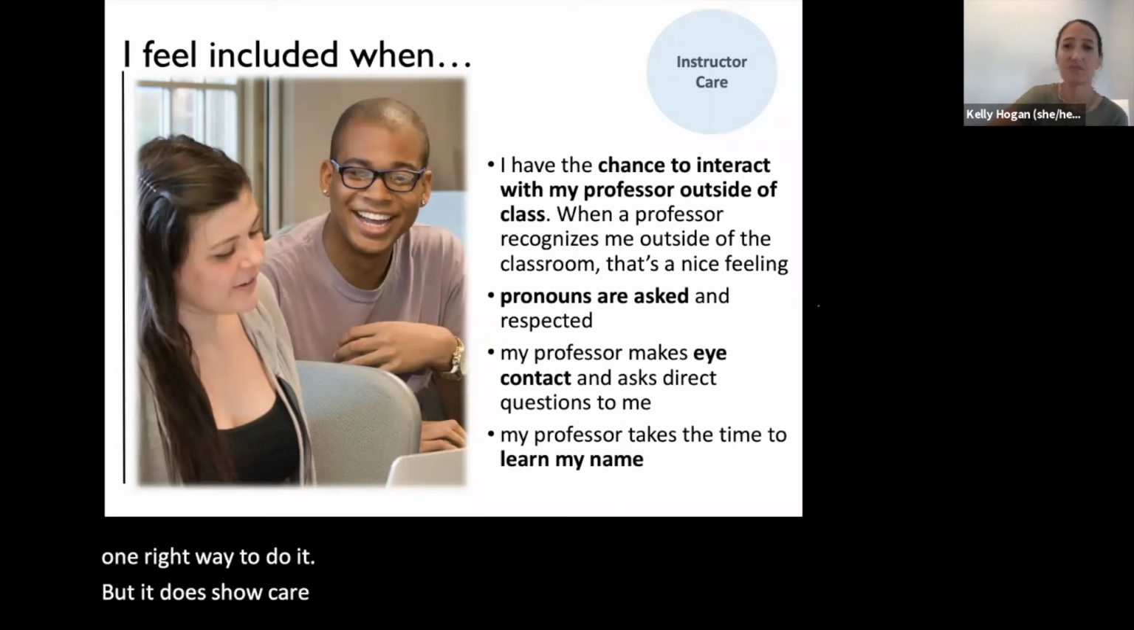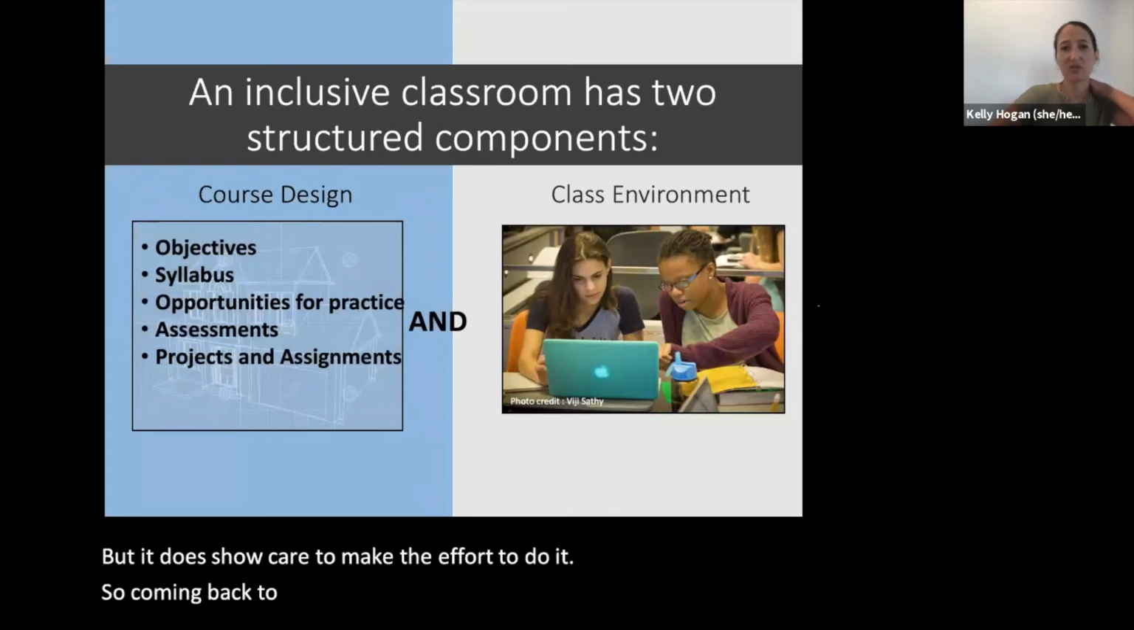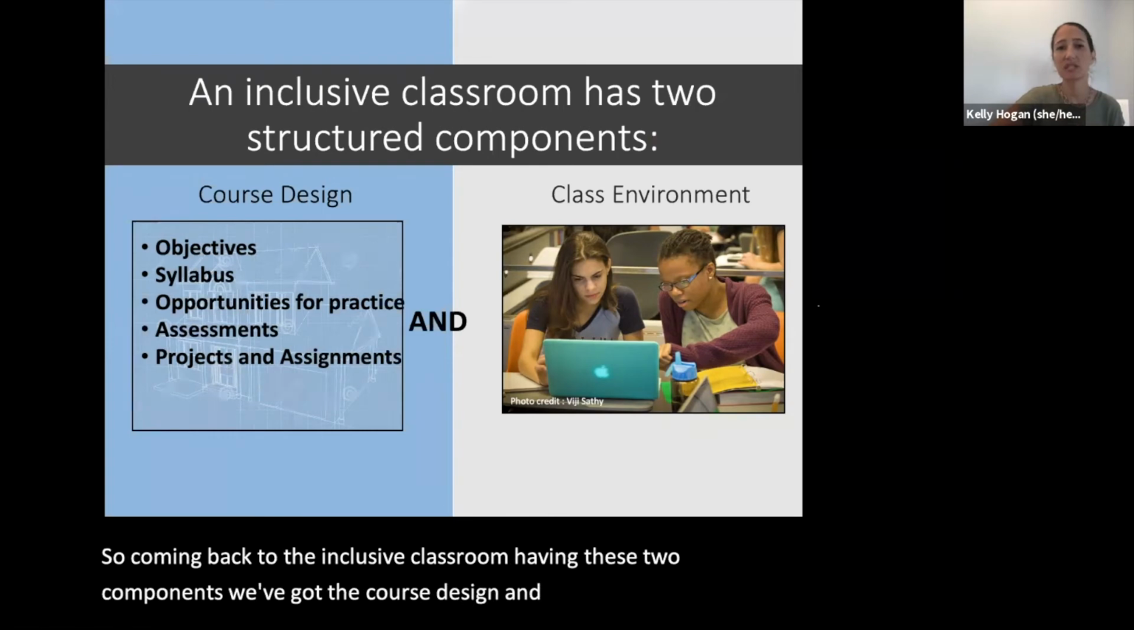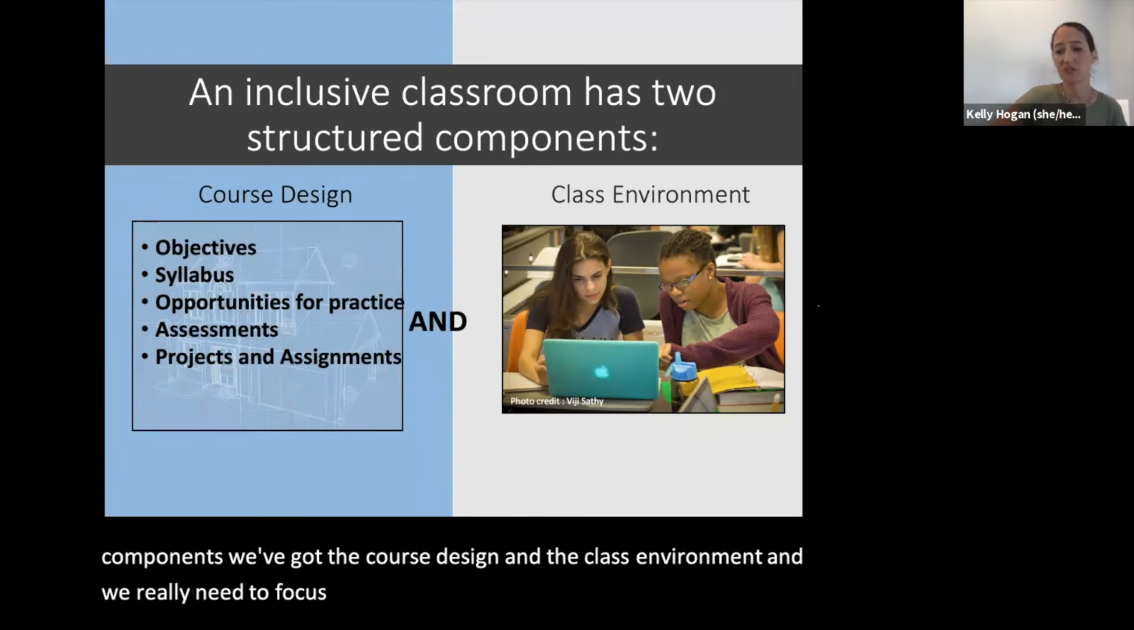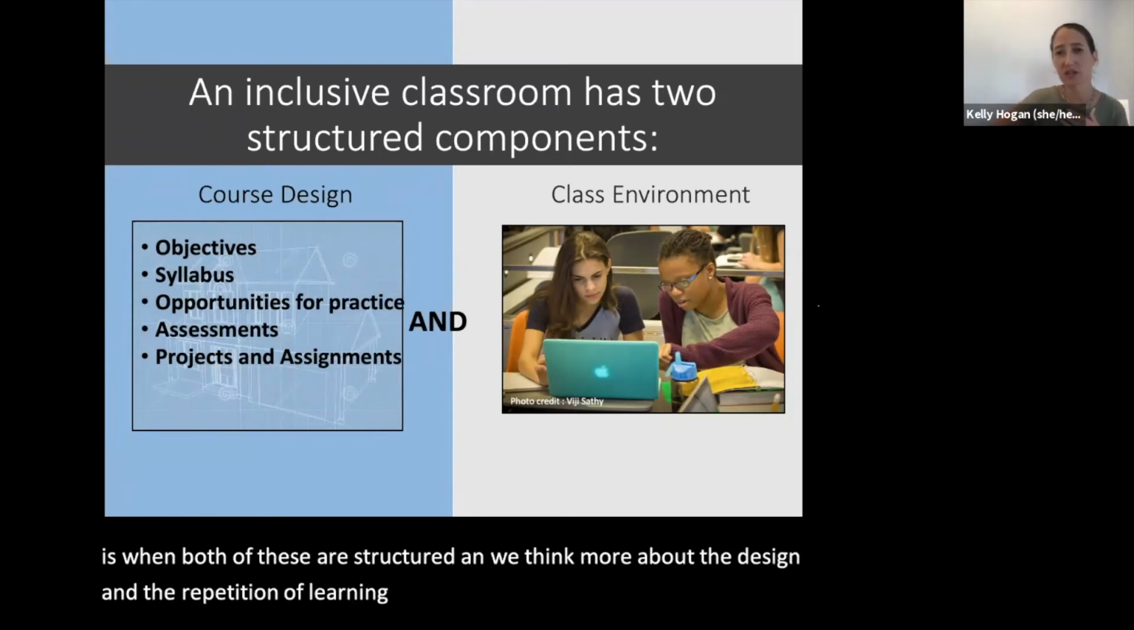And there's no one right way to do it, but it does show care to make the effort to do it. So coming back to the inclusive classroom, having these two components, we've got the course design and the class environment, and we really need to focus on both for learning to occur. But the good news is that when both of these are structured, and we think more about the design and the repetition of learning, and we think more about how we interact with our students,